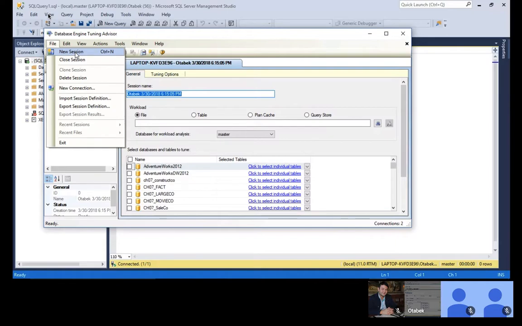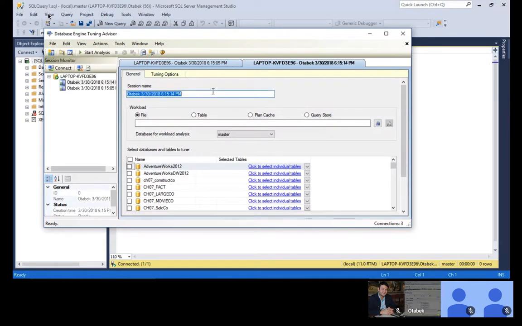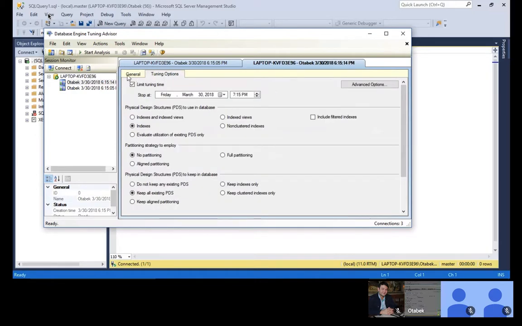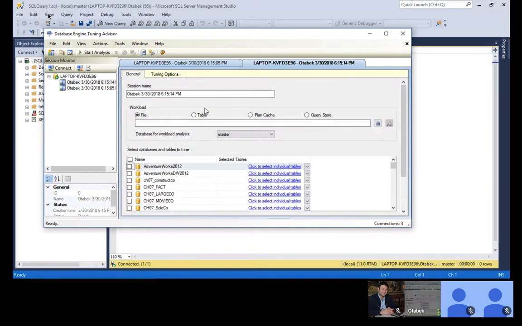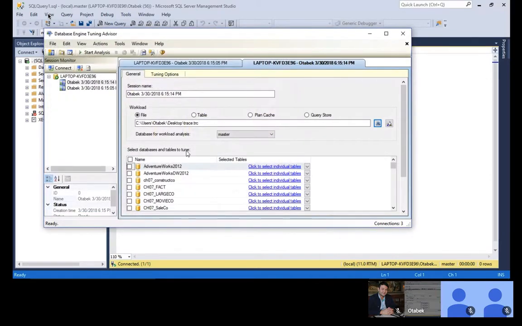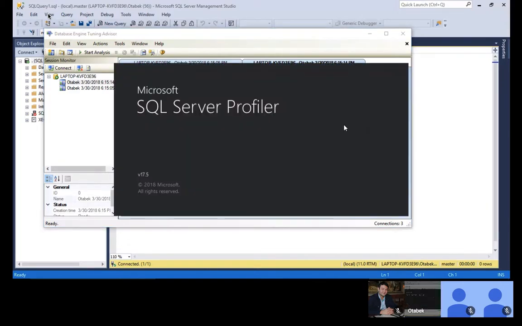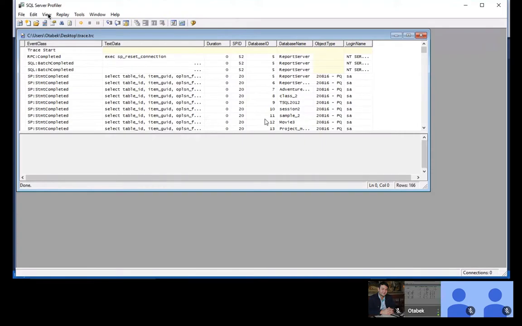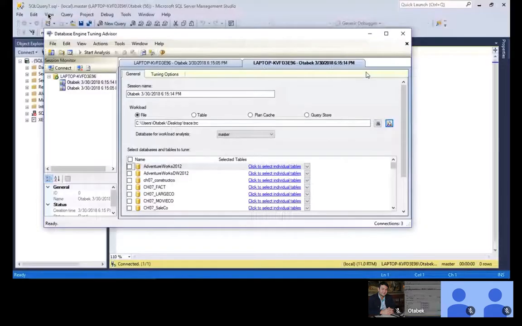New session, and then actually tuning options. Can you go? No. Go back to general. Here, workload. You see file. Choose. Look for that. Find it. Yes. And then the pre-workload. No. Yes, should be good. It's all opening that one. Can you close it back? Here, and then